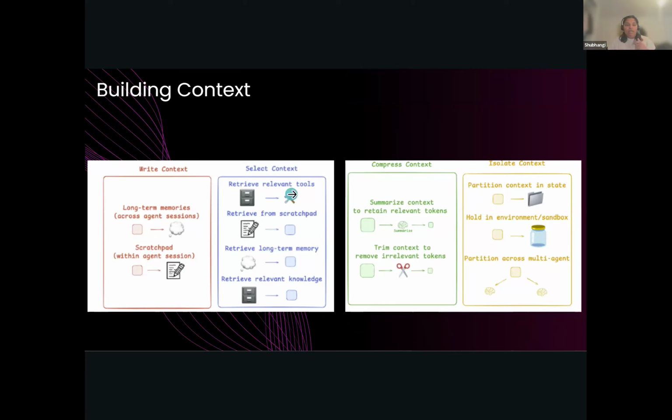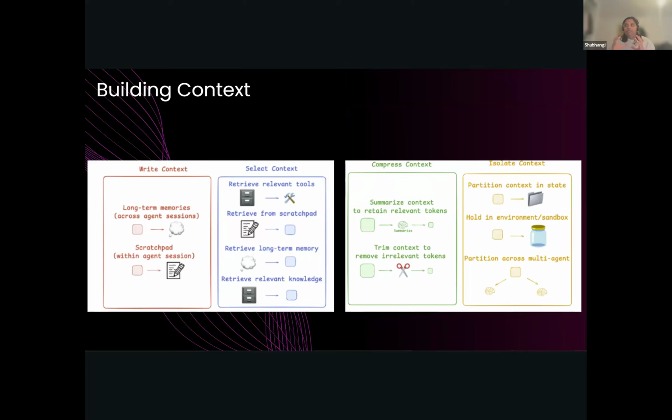Then, based on what data you have trained, you provide a step to select the context: what part of that whole data you want to use. For that, you can use a couple of approaches. You can use any sort of relevant tools. You can retrieve it using the long term memory, or you can retrieve a relevant knowledge base. For example, in my case, if I want to retrieve only housing data, or only council tax data, I will only call that part of the context and make sure the context window is set only for that particular conversation.